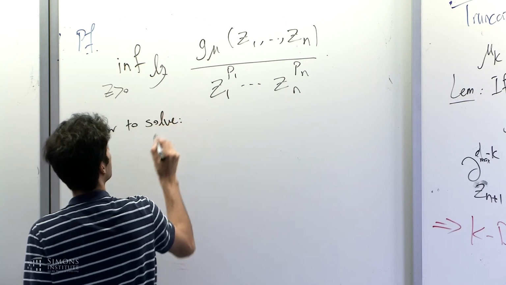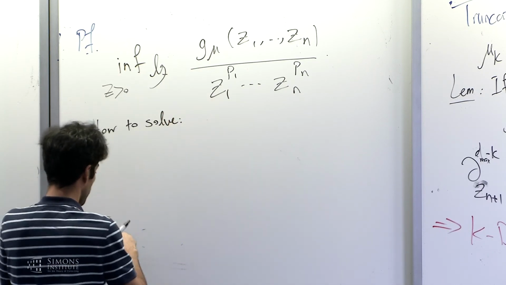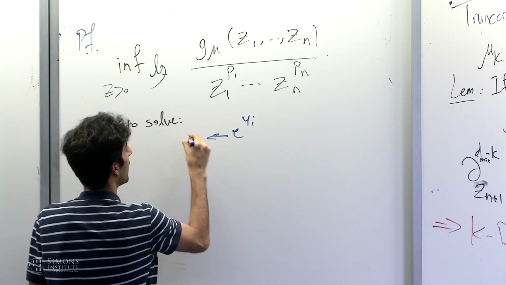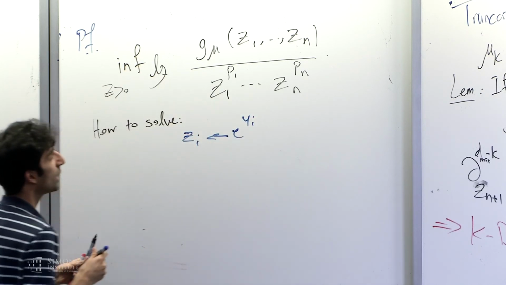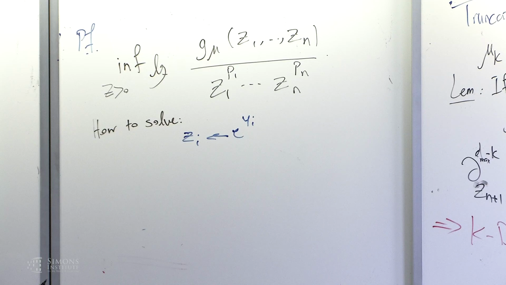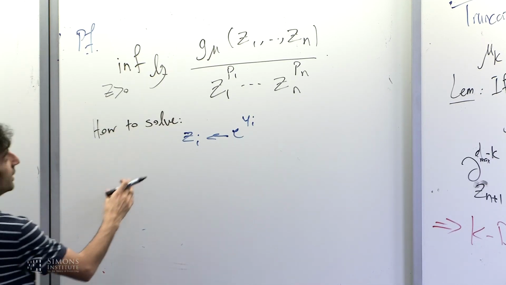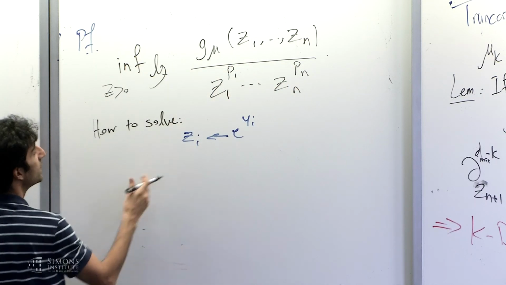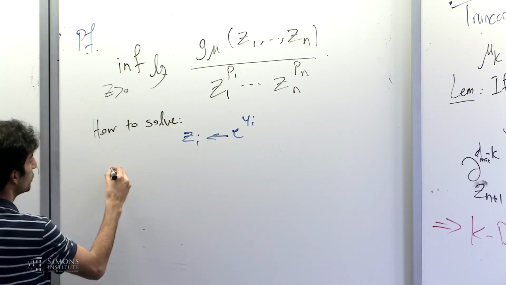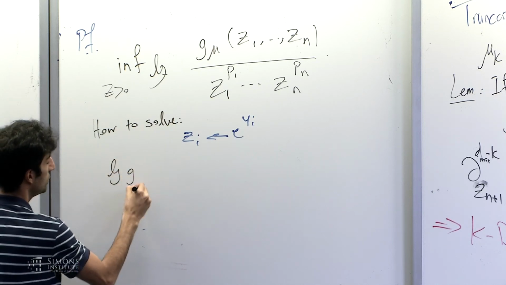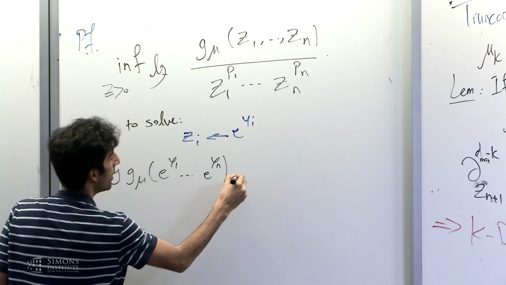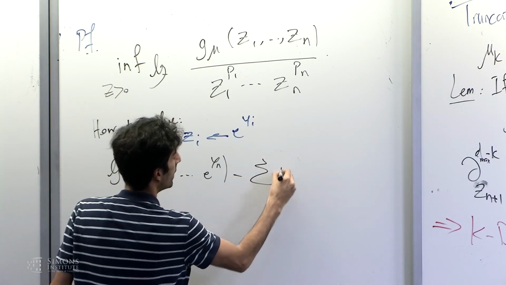Again, it's just convex programming. So basically, you do a change of variables. You substitute e to the yi for zi. This is similar to a convex program I talked about yesterday for approximating the permanent, except you didn't have the pi's in the denominator. So you substitute here. Then basically you just have log of g mu of e to the y1 up to e to the yn minus summation of